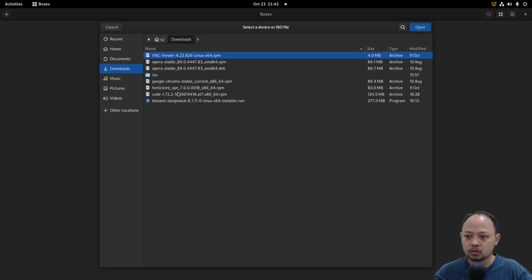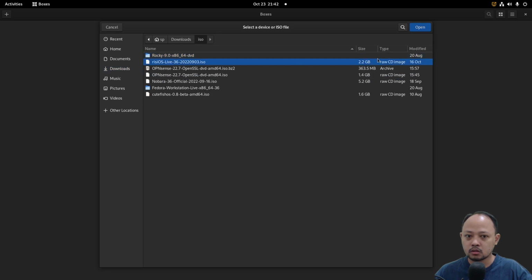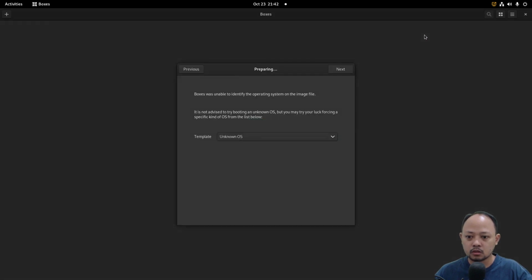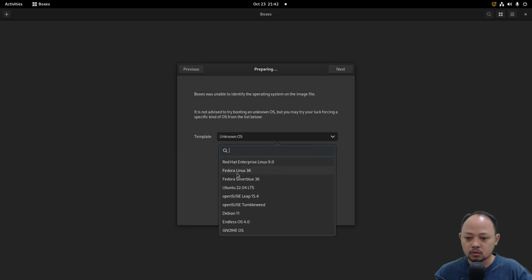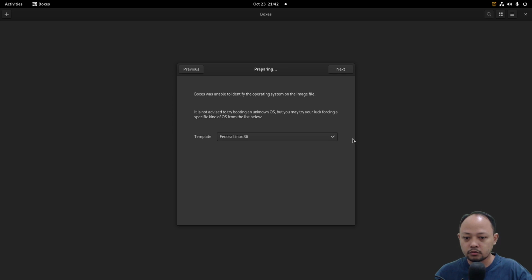And then I will choose RisiOS, this one, and then I will choose Fedora Linux because it is a Fedora based distro.